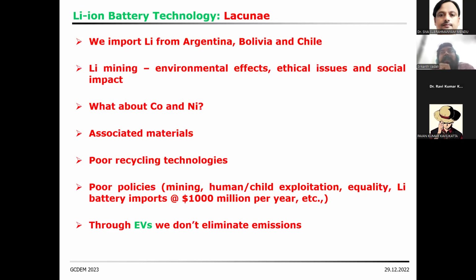And then you also need permanent magnets, because these cars don't run on fuels like diesel or petrol. They run with a stator and a rotor. But how do you make these? You need permanent magnets. Again, countries like India don't have resources of permanent magnets. We have to depend on other countries. And some of you might be knowing, per car you might need at least 5 kilograms of permanent magnet. Where do we get these associated materials from? Okay, that's a big problem.